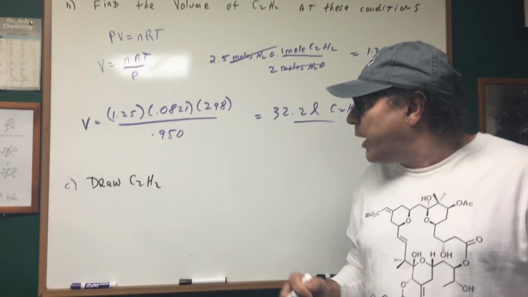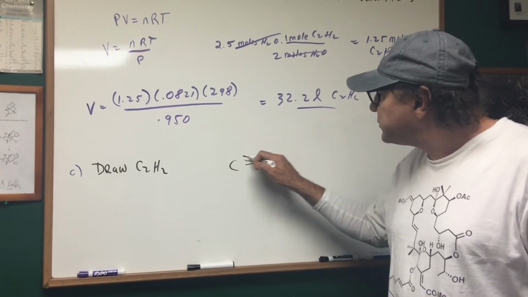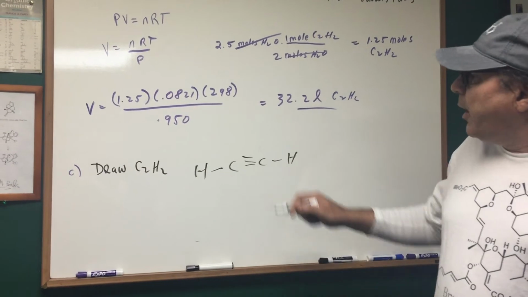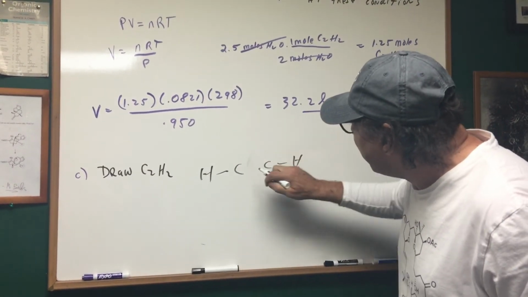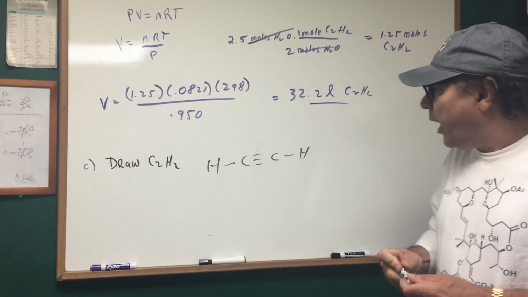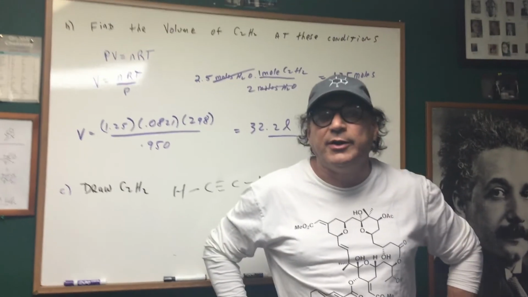If I ask you to draw C2H2, hopefully you can draw this in a slam dunk. That would simply be acetylene. Let me make this a little nicer. And there's your triple bond. That would be C2H2. All right, that wraps it up on a nice type of question you're going to see